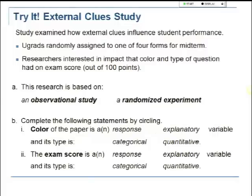Does the color of the paper that your exam is printed on make a difference? Does the type of question make a difference? I would say that one, yes. If it's a hard question versus an easy question, that would influence scores on the exam. What about color paper? They were looking at these different external clues and how they influence your performance. So they had two different variables, the color of the paper and the type of question, each at two different levels. And they had them all take an exam. They were randomly assigned to one of those four different possible combinations